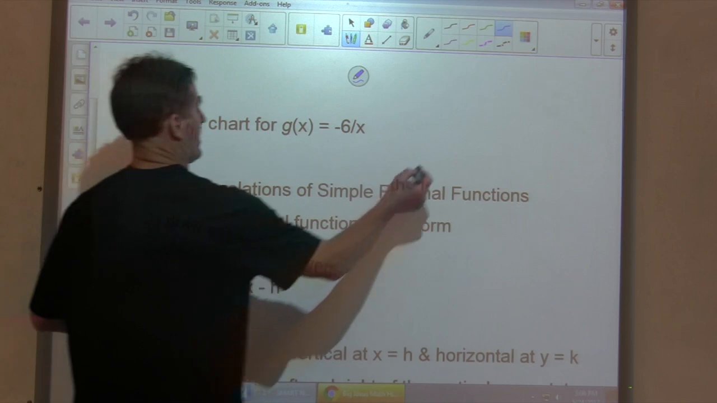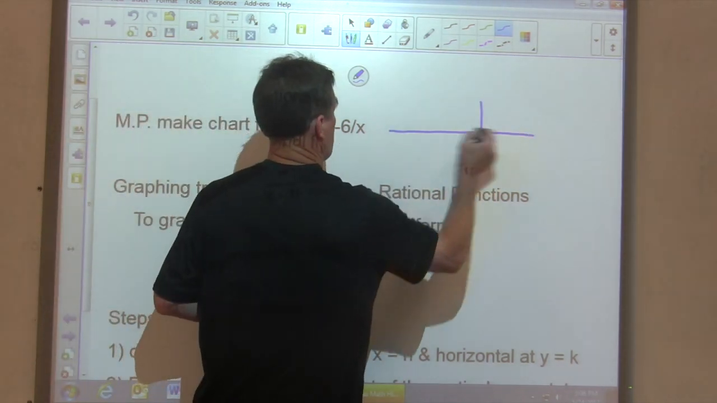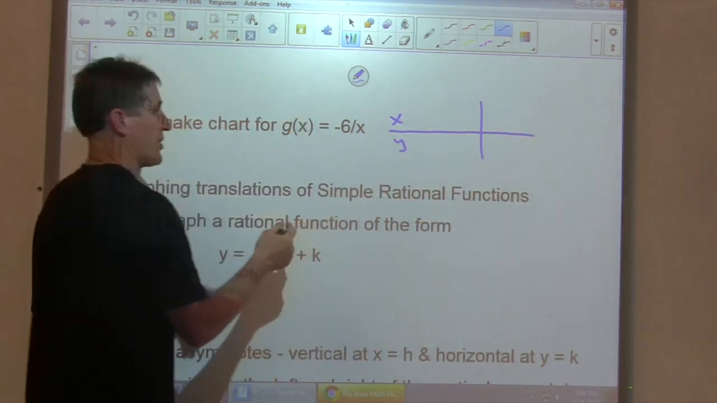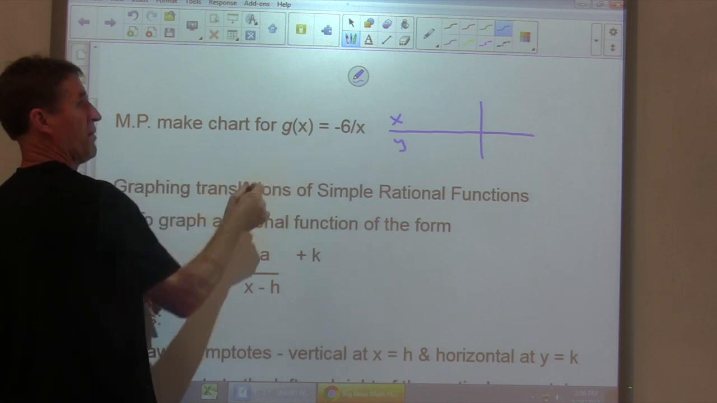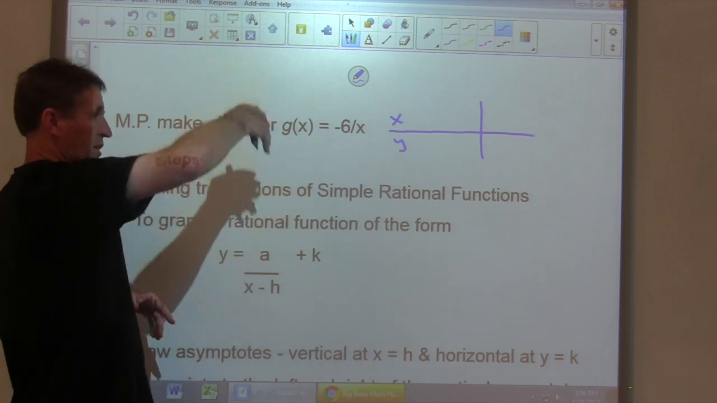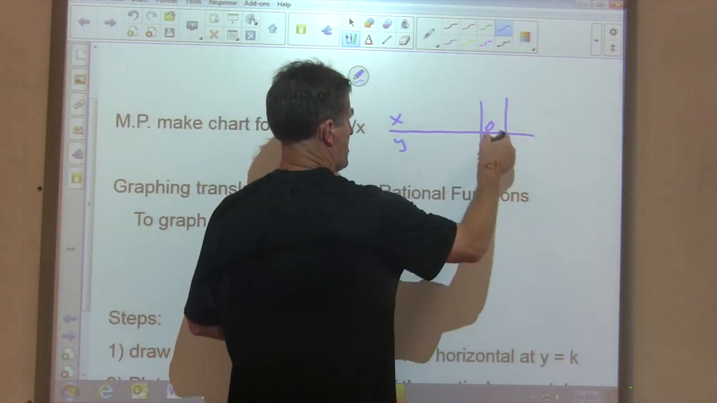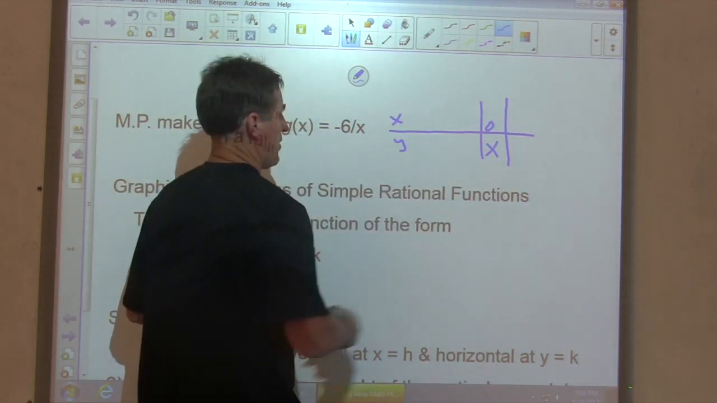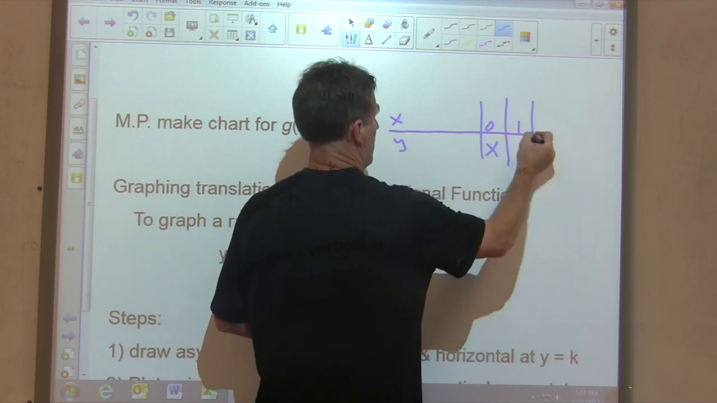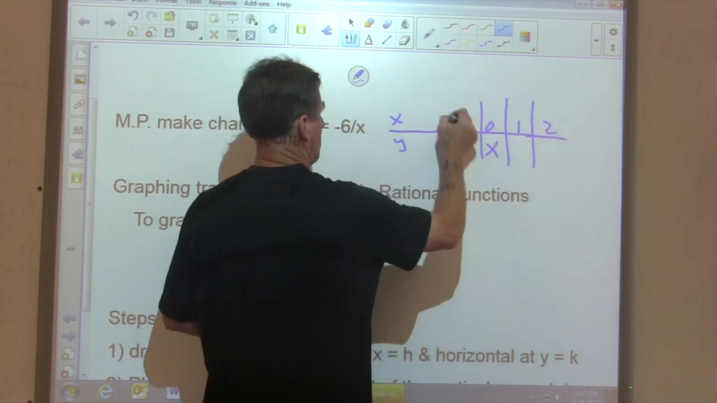So if you did it correctly, if we make our chart, remember our asymptotes are still going to be, because it's in this form, at x equals 0 vertically and y equals 0 horizontally. So I'm going to start my chart at 0, and I'm not going to have a value there. I'm going to plug in 1, and I'm going to plug in 2, and I'm going to plug in negative